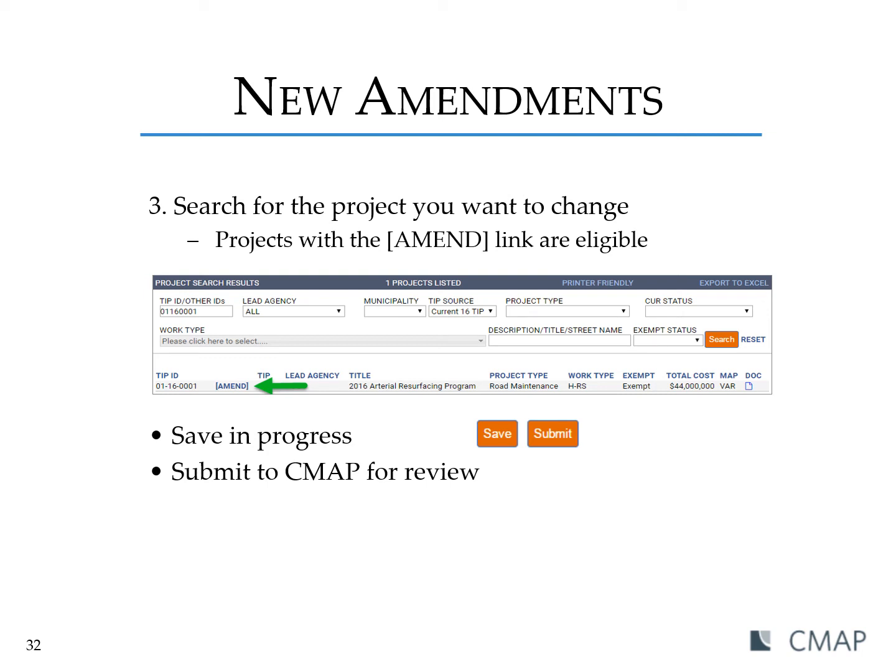This most commonly occurs when a project has gone to construction in a prior year and has been marked as financially complete in the TIP, but then a cost overrun occurs and additional funds need to be added to the TIP to cover that cost overrun. In that case, users should change the TIP source field selection from current TIP to any TIP, and then try